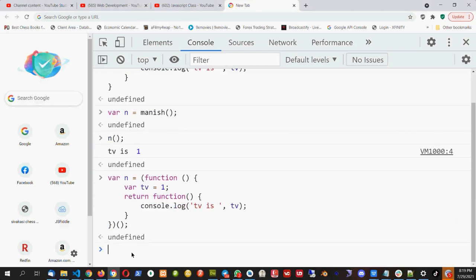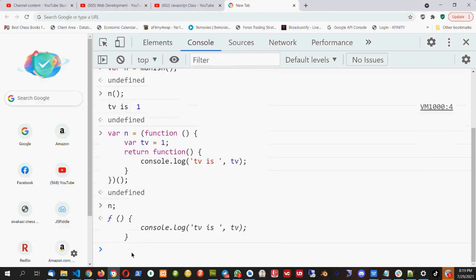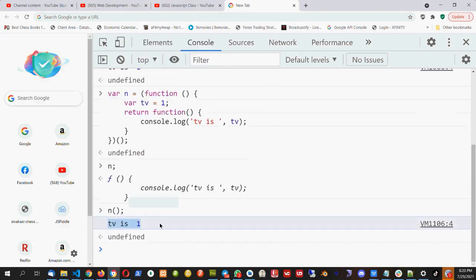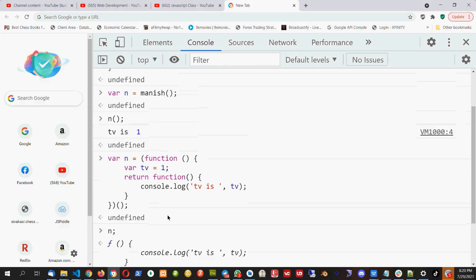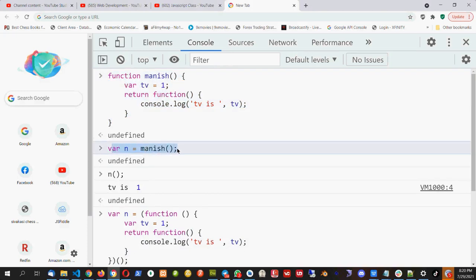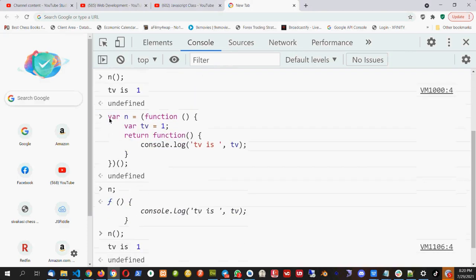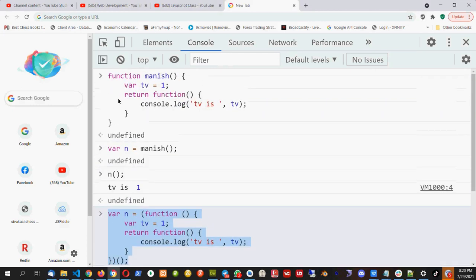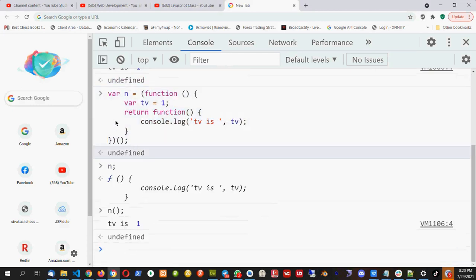Let me show you. I press enter. If I check, n is nothing but this one because n got the return value. This is this function. And if I invoke the n, I will get t is 1. So the only difference is here I have to write the two lines of the code, and here I am writing one line of the code. So it's up to you. If you want to avoid one line, you can write